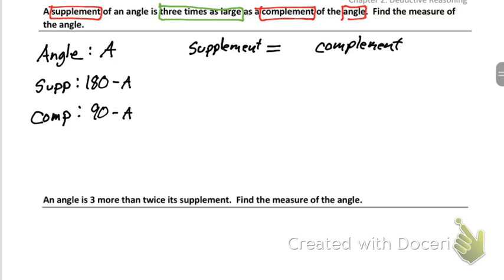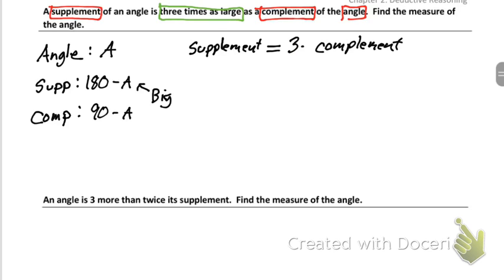But the statement is the supplement is 3 times as large. I want you to picture this. My supplement's this hand, my complement's this hand. My supplement's really big, my complement's really small. In order for my hands to be equal or to balance the scales, I need to multiply the smaller one by 3. That will bring this back up. So because my supplement is the big one, I'm going to multiply the small one. So to make these two equal, I need to go